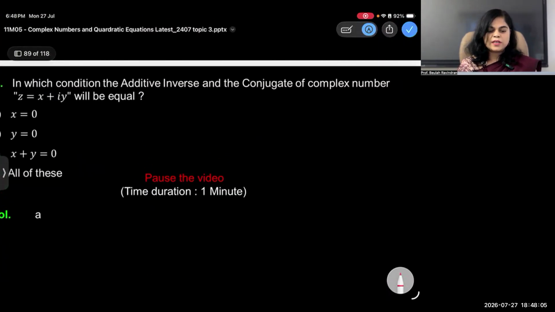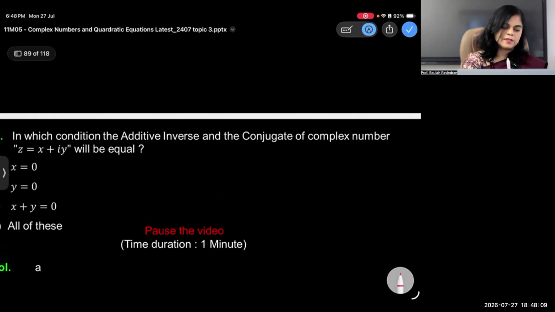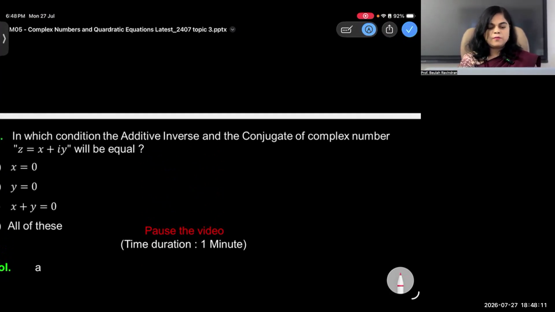Then, in which condition will the additive inverse and the conjugate of a complex number be equal? So this is also a very interesting topic. What is the condition? Okay, z is equal to x plus i